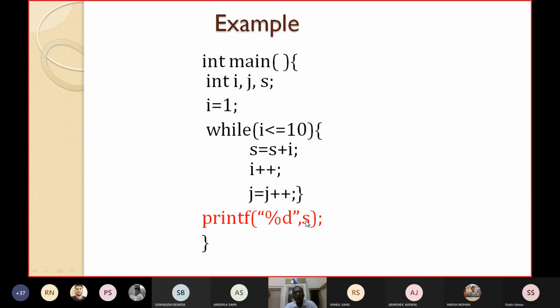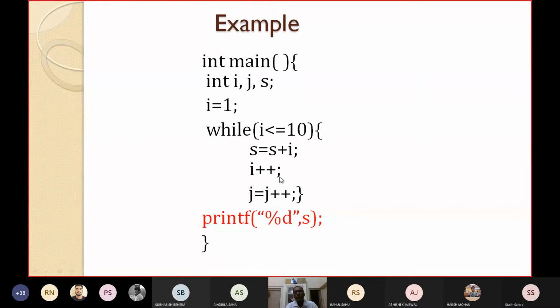I have seen here that i++, s = s + i, the while statement, and i = 1, these four statements only affect s. So the slice of this line number with respect to variable s consists of four statements: i = 1, while i <= 10, s = s + i, and i++. In this way, we find out the slices.